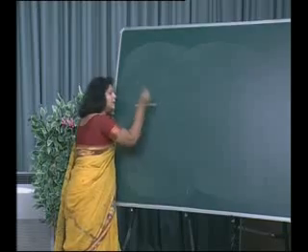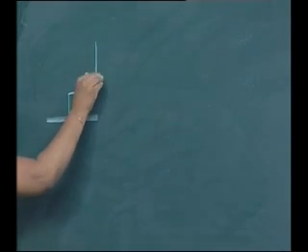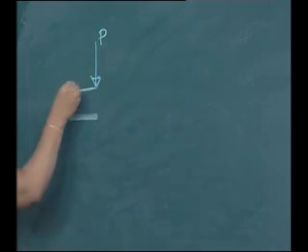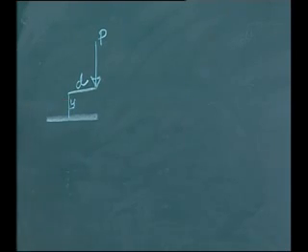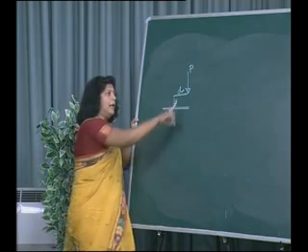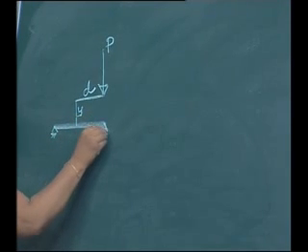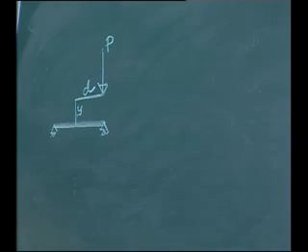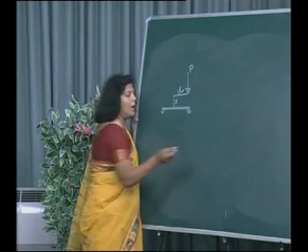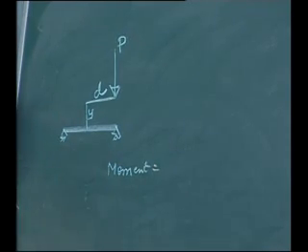For example, suppose this is a beam and on this particular beam we have got a loading like this. Now this particular force is P, this is horizontal distance D and this is vertical distance Y. Now you can see over here that this force is not directly acting on our beam, that means it is indirectly acting. So when it is acting on this particular beam, it will try to produce two things. One will be a moment. So we know what moment is.